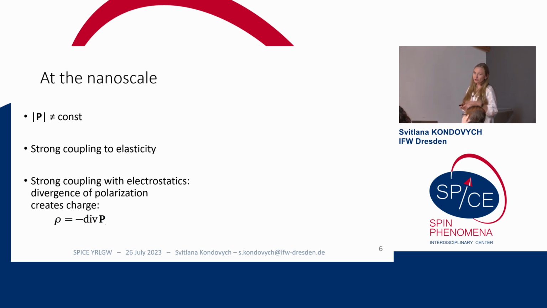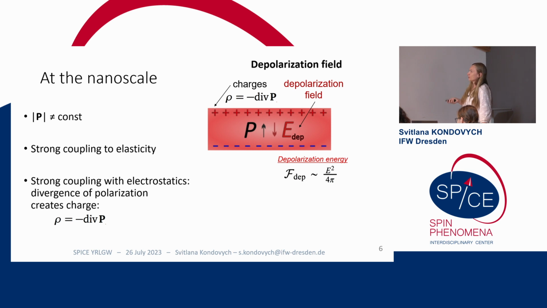The dipole-dipole interactions in ferroelectrics are crucial. We already know that in ferromagnets, dipole-dipole interactions also lead to important results. They are difficult to handle, to calculate analytically, to model. In ferroelectrics, it's pretty much the same. And it is important that divergence of polarization, an abrupt change in polarization at the nanoscale, creates charges which produce large energy. So take a ferroelectric slab, like a nanofilm of ferroelectric,